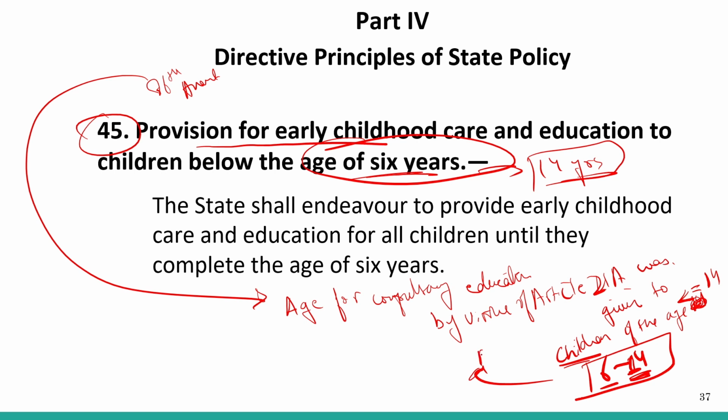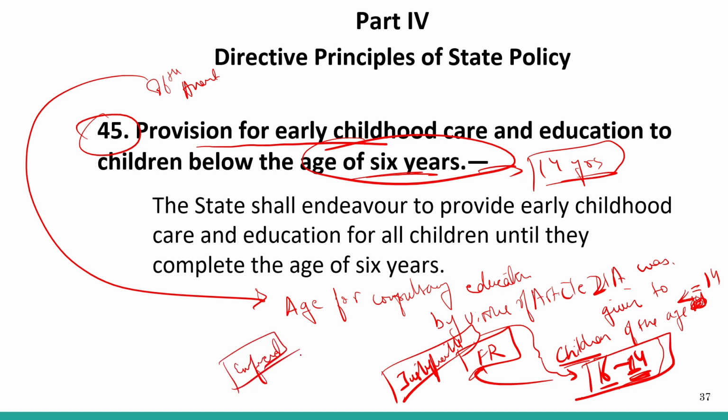So it has been considered justifiable. So if somebody is not able to get compulsory education within this span of 6 to 14 years, they can go to the court and get it enforced. But when we talk about the age group below 6 years, starting from 0 to 6 years, it is